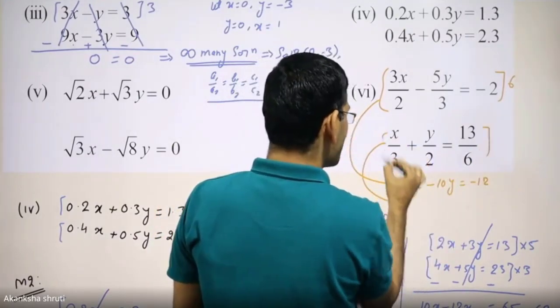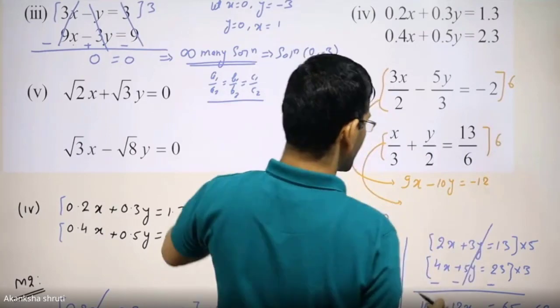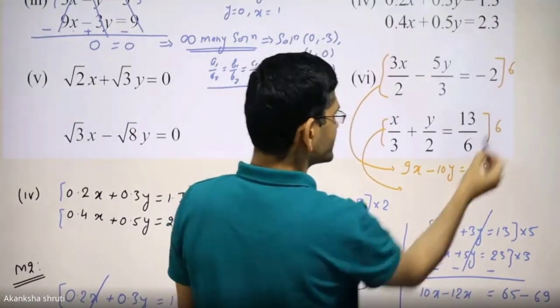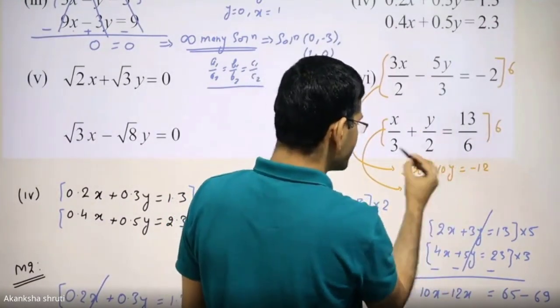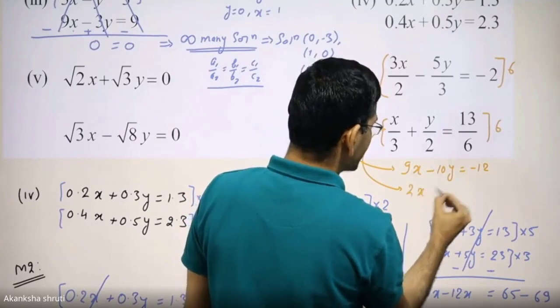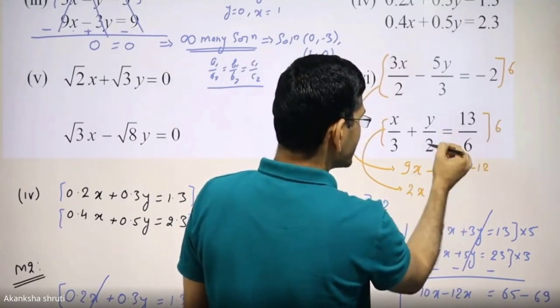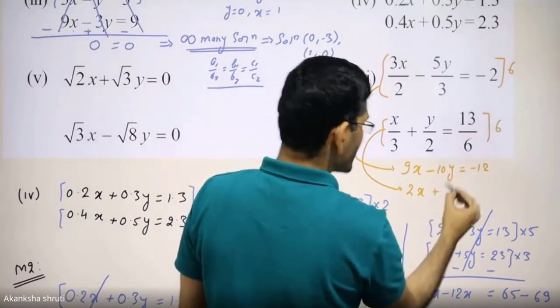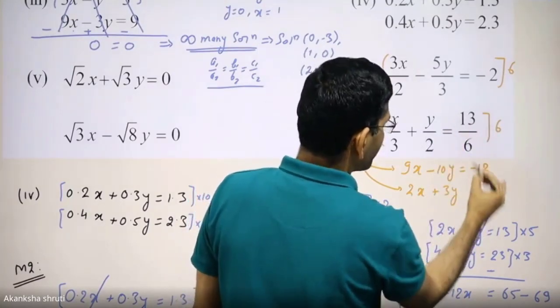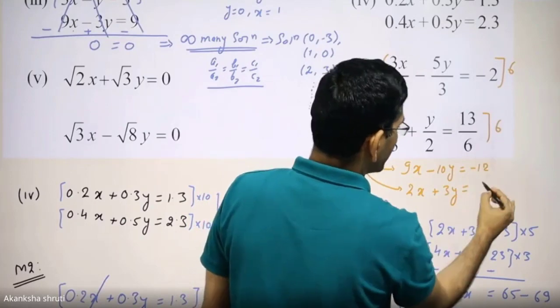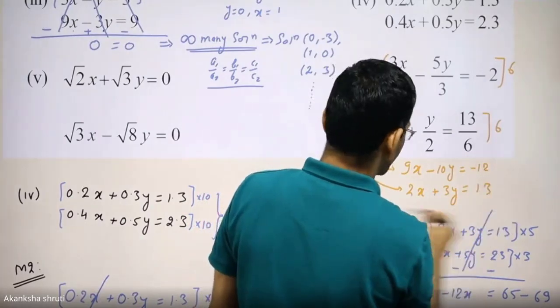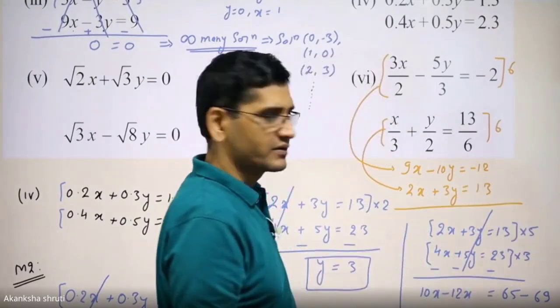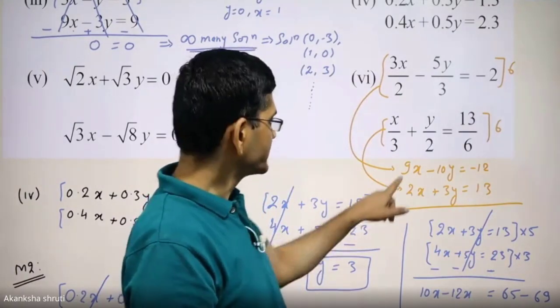जब आप दूसरे इक्वेशन को भी आप वही कर लीजिए, पहले 6 से मल्टीप्लाई कर लीजिए। So multiplying this second equation by 6, 6 will cancel this 3 2 times, so it becomes 2x, plus का plus है, this 6 is 2 से 3 times जाएगा, so it becomes 3y, and right hand side में 6 पूरे ही कैंसिल हो जाएंगे, so 13 हो जाएंगे। अभी तो इजी है ना, आ गया।